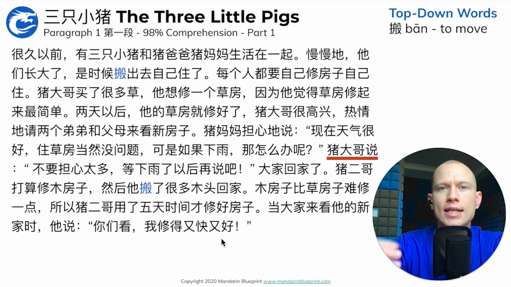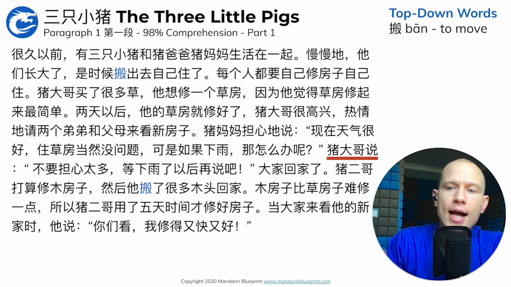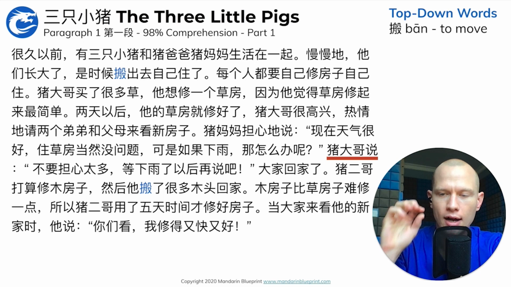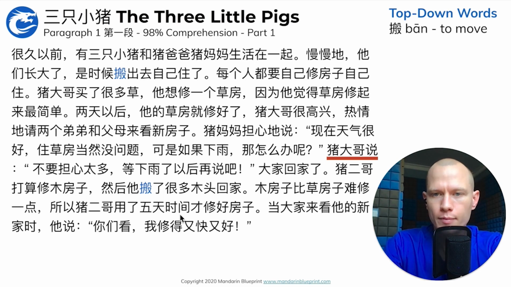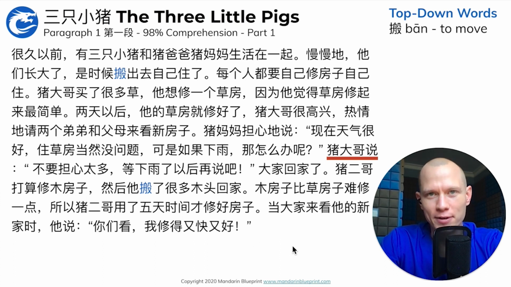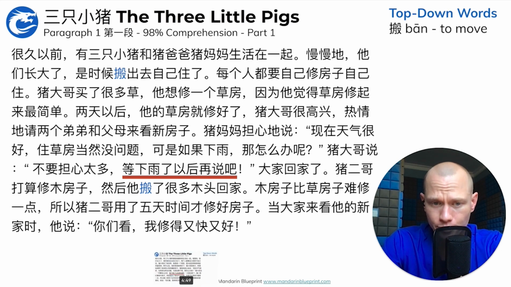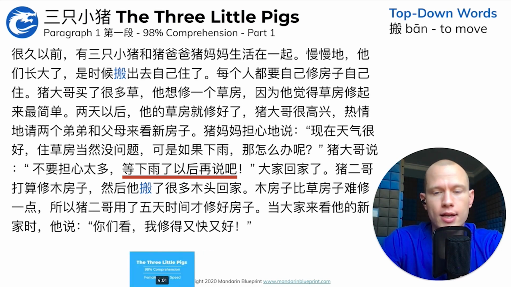I'm actually imitating the exact way she said it. So she didn't say it the way I did. I'm trying to literally 100% 模仿, like 100% imitate what's being said. You know, don't worry if it's a girl and you're a guy. It's not too big a deal. There's not a massive difference, especially with the way that we've instructed them to record these as well. So that's fine. 说不要担心太多，等下雨了以后。